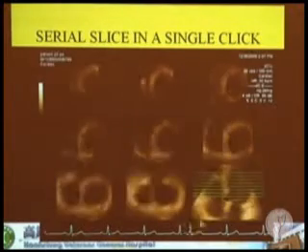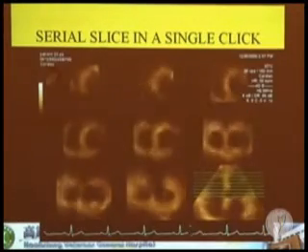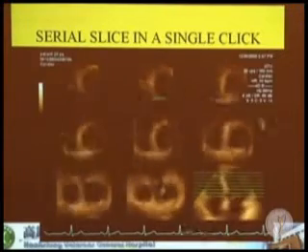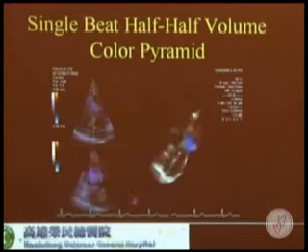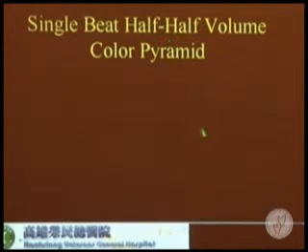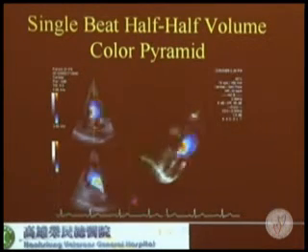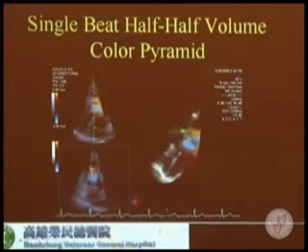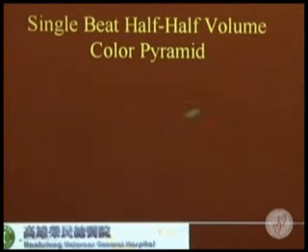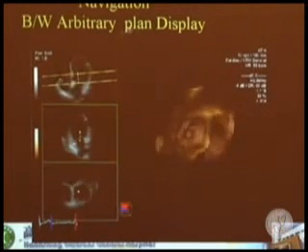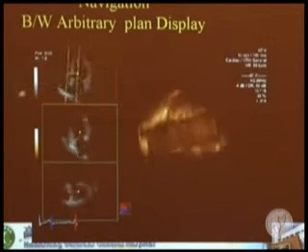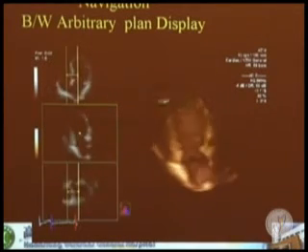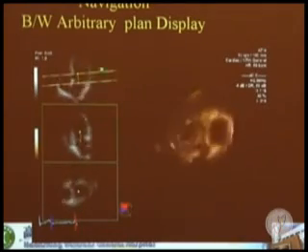And also we can have the multi-planar, multi-slice display. You can evaluate different anatomy through different levels of cutting of the slice. And the single beat half volume color pyramid, as I said before, we can keep one side with both color and structural image, and on the other side just keep the color image. And we can have navigation in a much easier way, so that we can get any arbitrary plane. You can see the